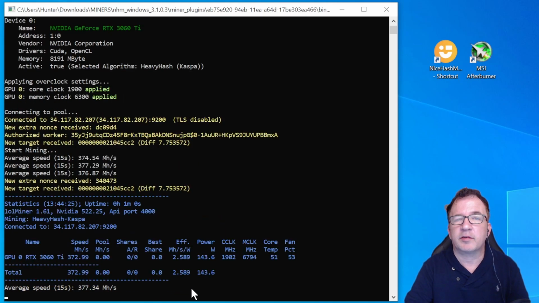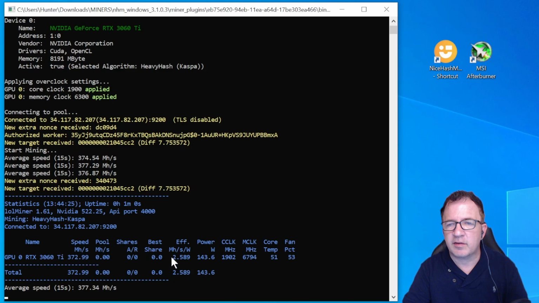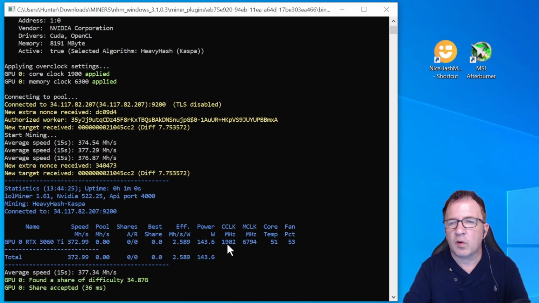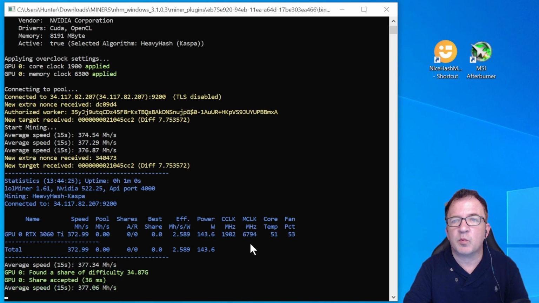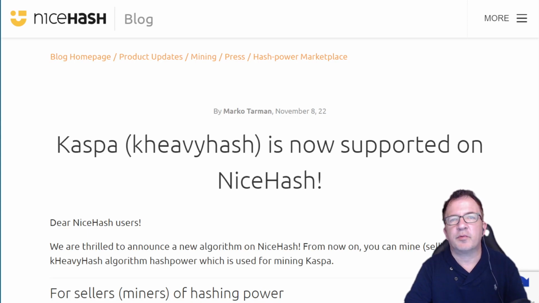So we were able to successfully do it in GMiner as well as LolMiner. I can see the hash rate is a little bit higher, 372, and it's using about 143 watts right now. So I am successfully mining KASPA within Nicehash, and I see it's got some accepted shares too. So I really think this is a pretty wicked feature, being able to now mine the KHeavyHash KASPA algorithm natively within the Nicehash miner. So definitely two thumbs up to the Nicehash team